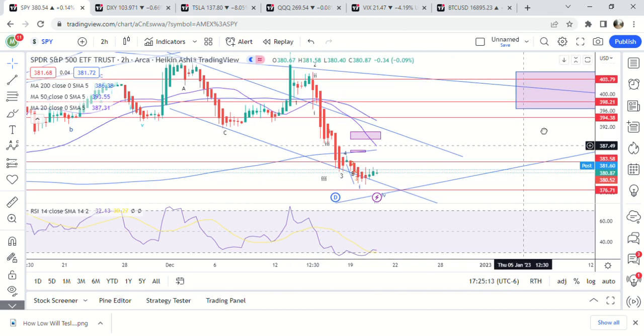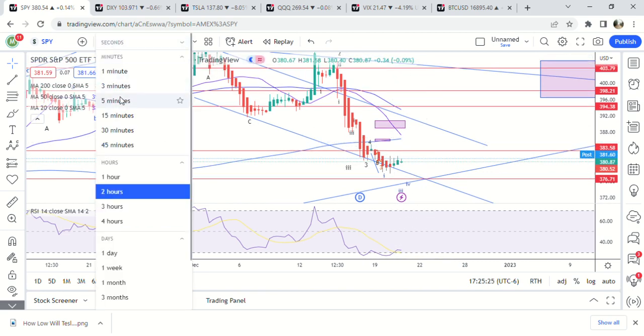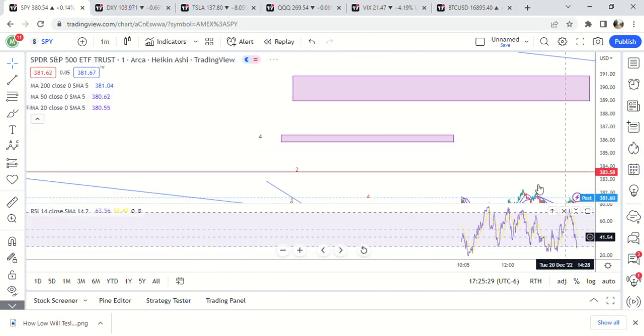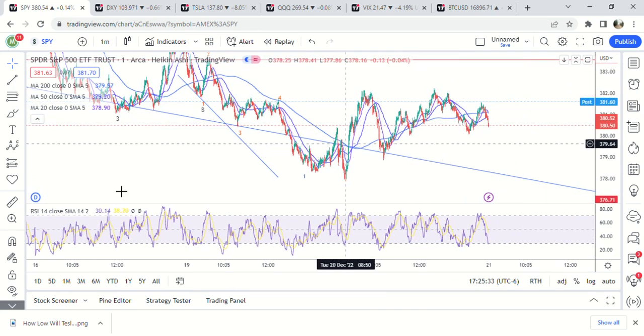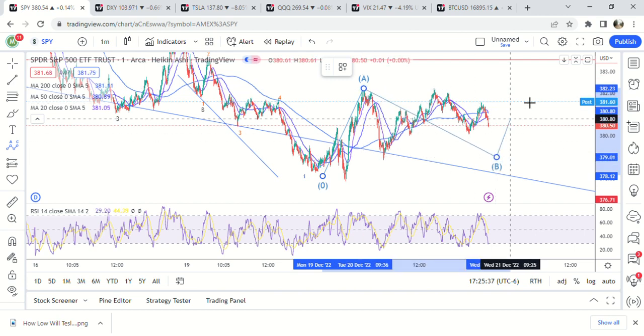Still potential that could be an extended fifth wave because this move was only from 385 to 378, so that's 7 points. But on lower time frames, it looks to me like this is A, we're working on B, and we get a C wave up here